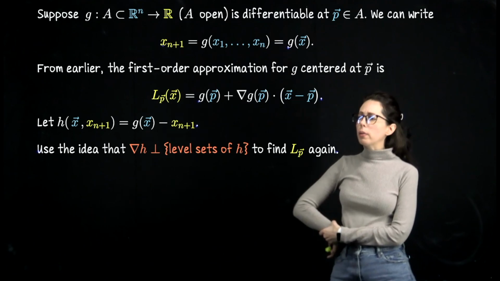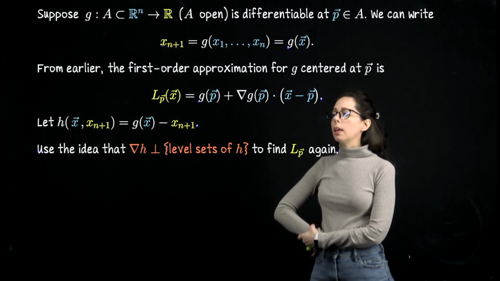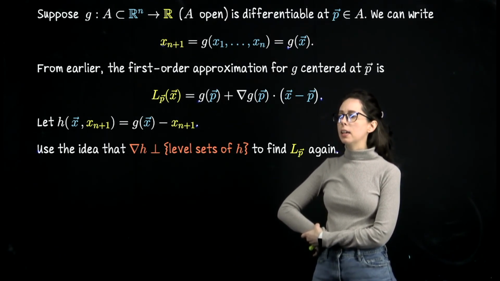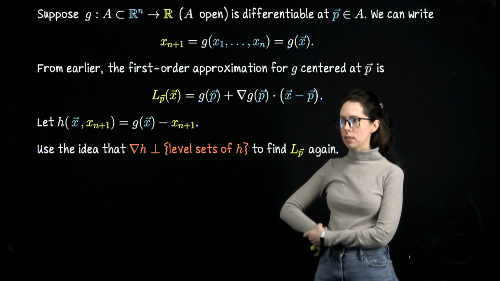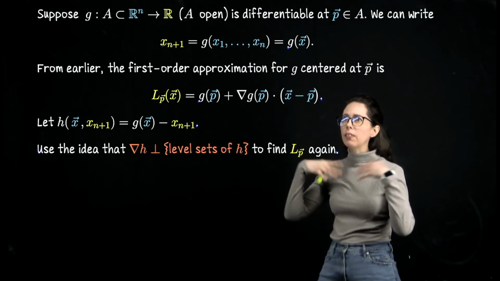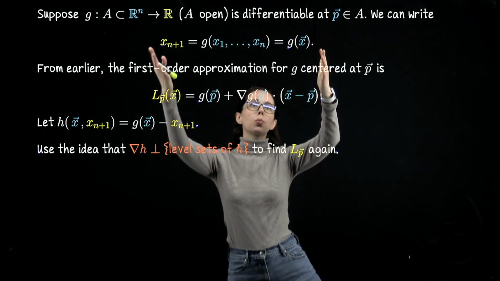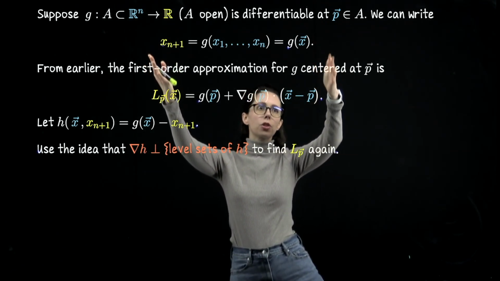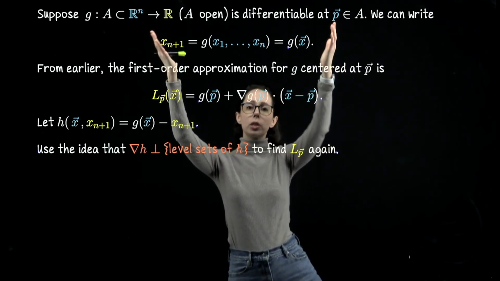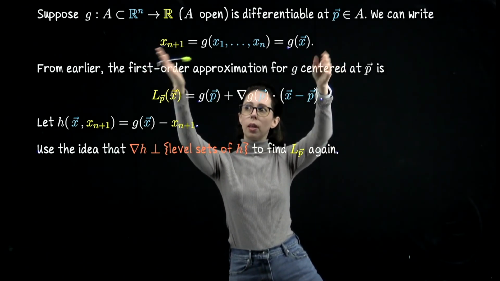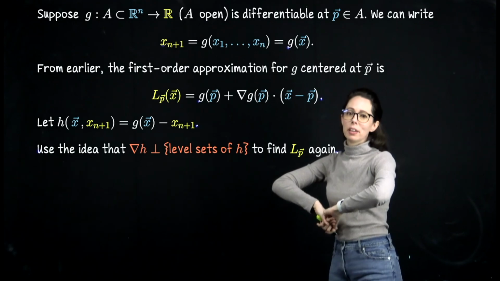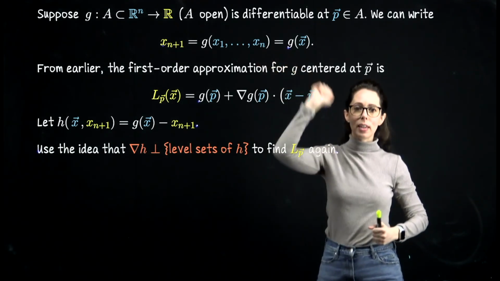All right, why would we do this? The idea is that every point which we could think of as living on the graph of g, so every n+1 tuple x1, x2, x3, ..., x_{n+1}, which makes this equation true, where the n+1th member of the point is g of the first n members,